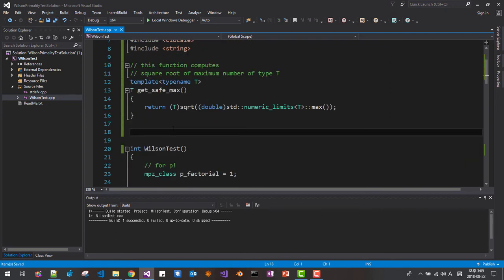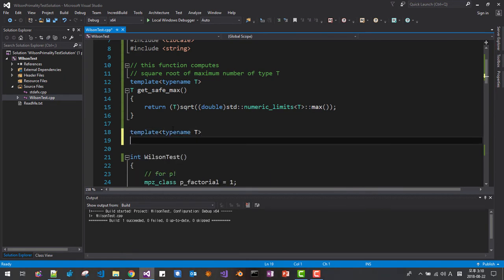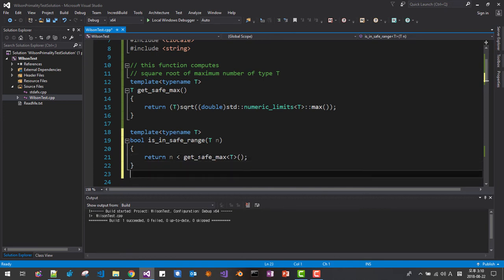Now we will add one more template function. Template, typename T, bool is in safe range, T n, return, and we are using this function get safe max T like this. Okay,